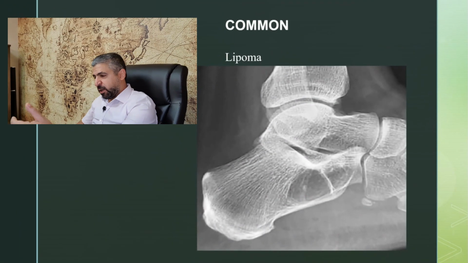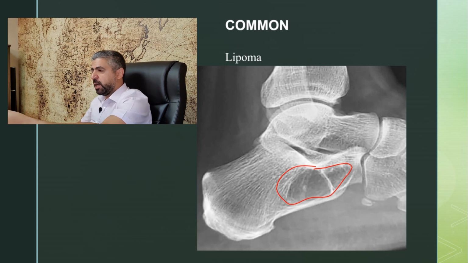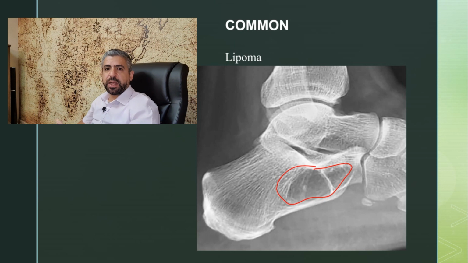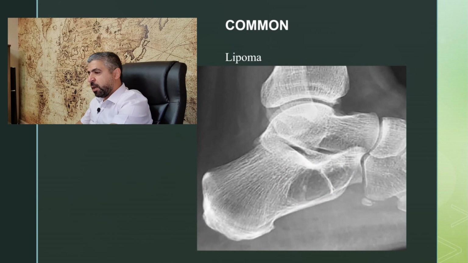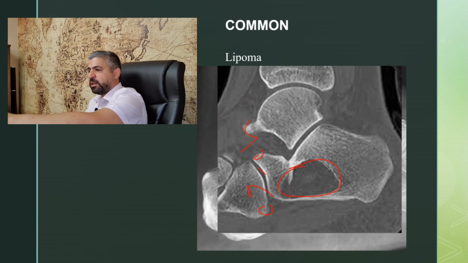So let's see, for example, this X-ray. This lesion is a very well defined, lucent lesion. Most likely we will report it as a simple bone cyst, possibly even two bone cysts adjacent to each other, like this one and this one. However, when we do a CT scan, we can see that this lesion has a fat signal intensity. We just measure the Hounsfield unit, and if the Hounsfield unit is within minus, for example, 40 to 60 Hounsfield unit, then this is fat, and it indicates a lipoma, which is benign in nature. It has no any significant